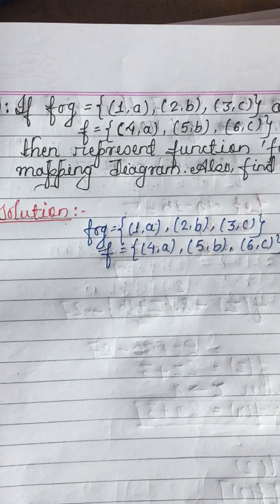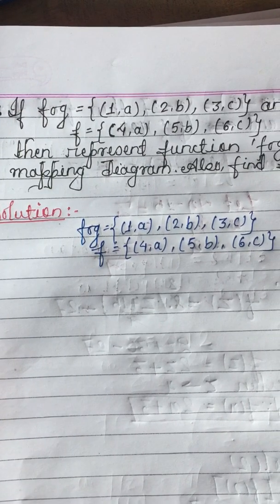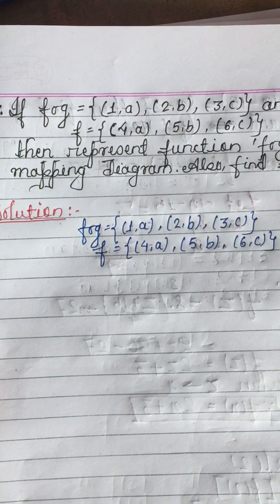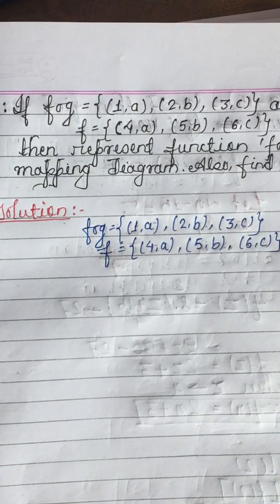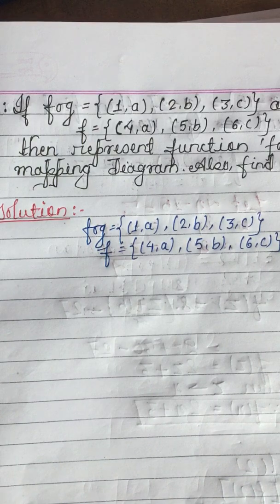You can see the question, it's from composite function. A composite function of f and g is already given, in the form of a set of ordered pairs, and function f is also given in the form of ordered pairs. We have to find the function g, and as well as we have to show the composite function FOG in